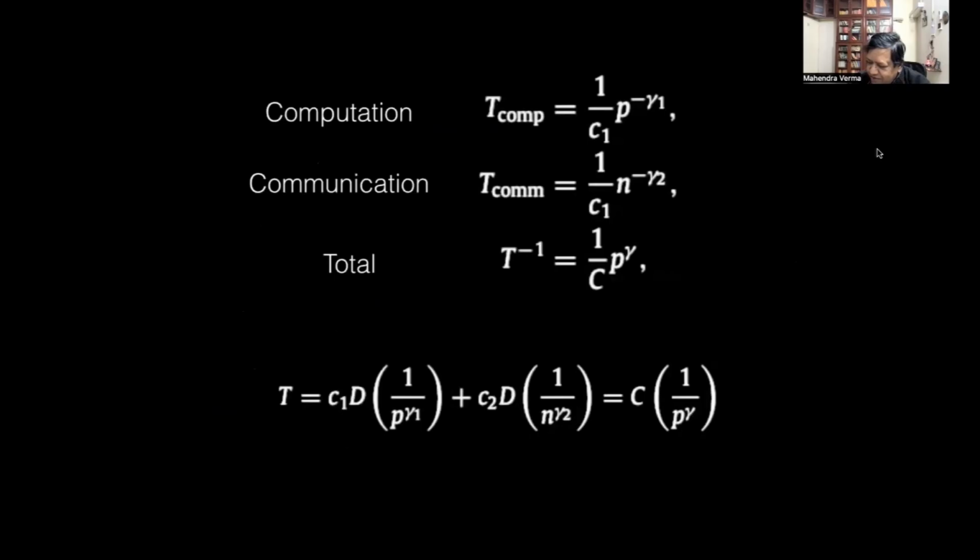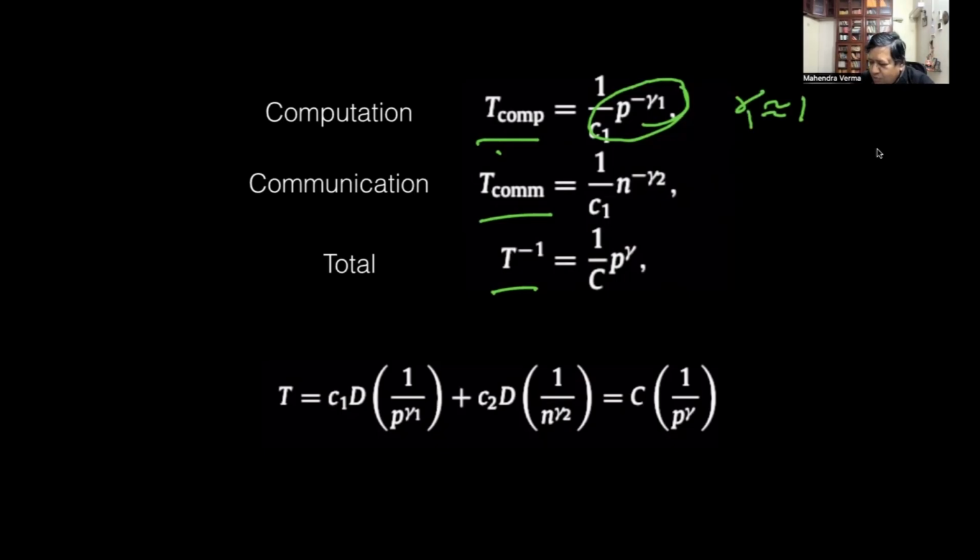We report computation time, communication time separately, and the total time. Now, it turns out we can plot in log-log scale. If you plot in log-log scale, then we get a linear profile. And so the T computation goes like that. So gamma 1 we expect close to 1, no?